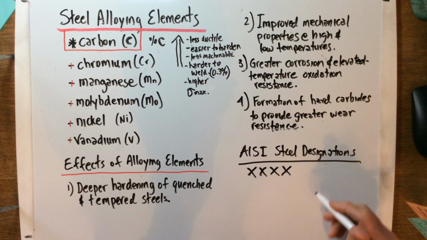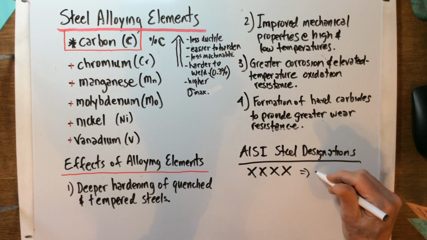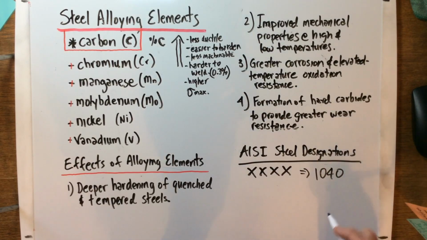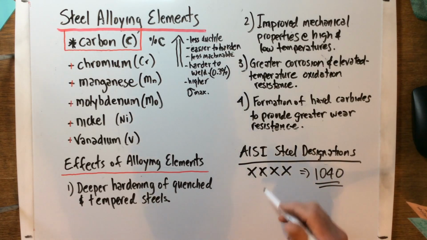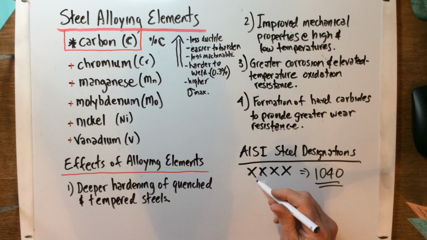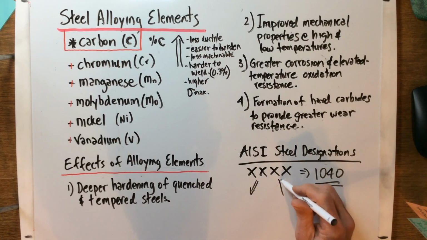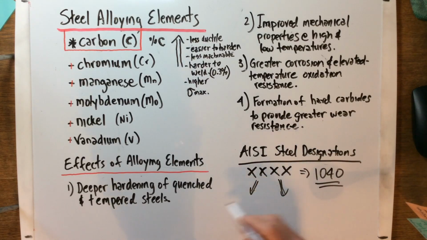So let's say you called out a 1040 AISI steel. What does that mean? Well, we break it into 2 number classifications. The first 2 numbers will always designate